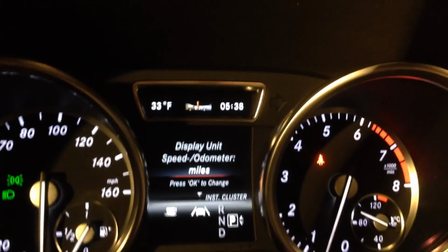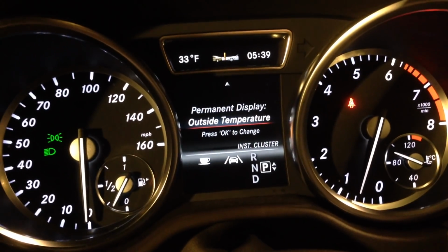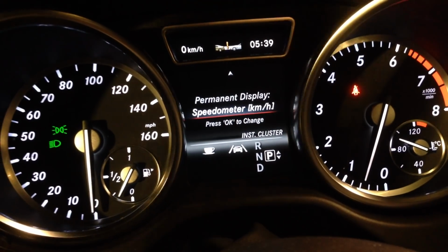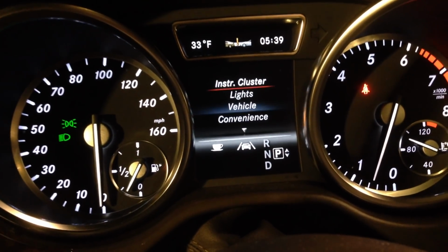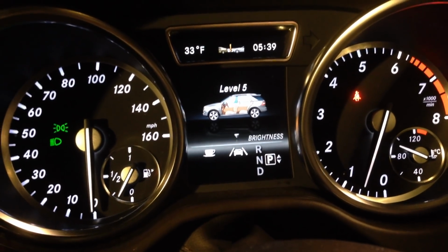Settings, pretty cool. Instrument cluster. And this is just, well, instrument cluster is not really cool, but you can change your outside temperature over here into different things. Lights, very cool. Daytime running lights, on or off. Ambient lighting. Right now it's on level 5. You can see it's pretty good. Level 4 goes a little darker. Level 3 goes a little darker. Level 2 goes a little darker. Level 1